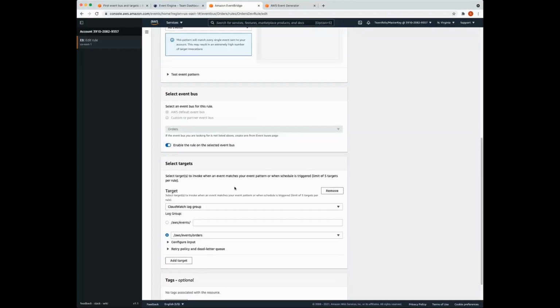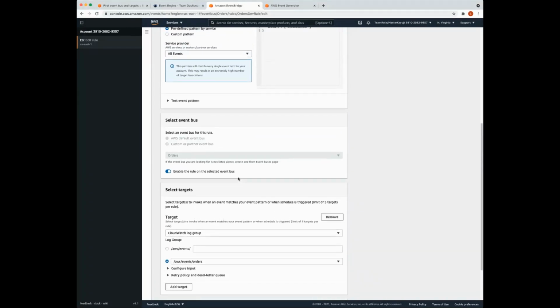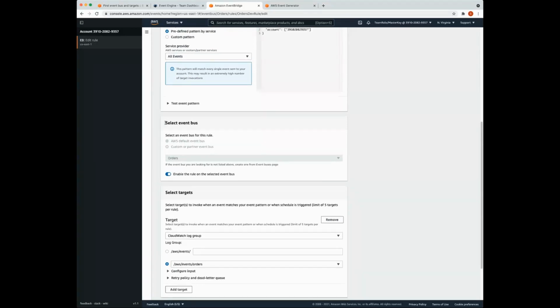So you should be seeing the same thing that I'm displaying here on the screen. This section that allows you to select an event bus is grayed out because that can't be edited, but upon creation of the rule, it was not grayed out, and we selected custom or partner event bus, and we selected the orders event bus that we created.